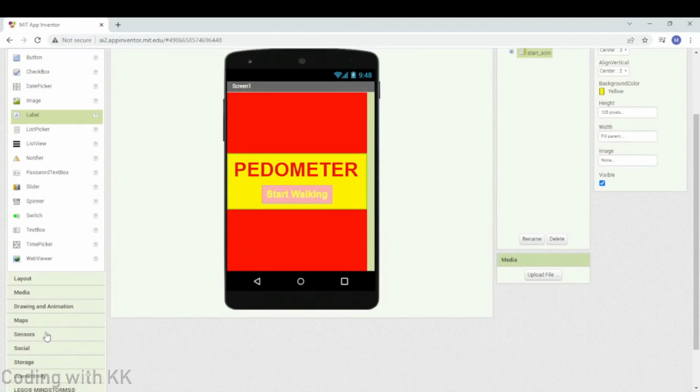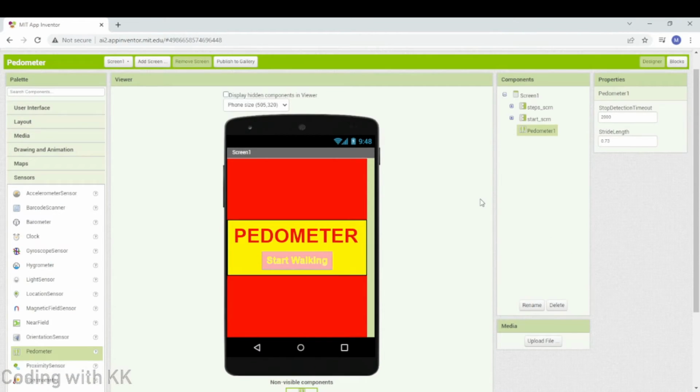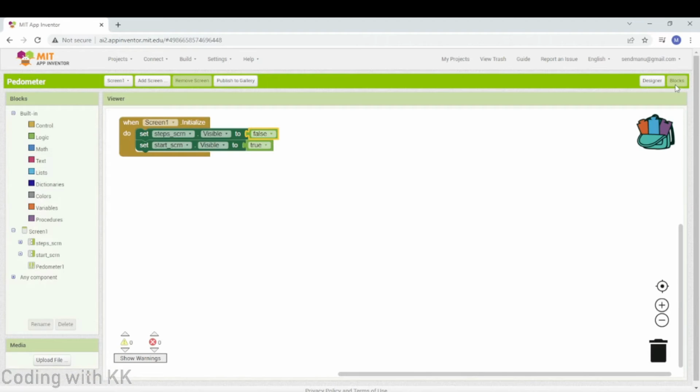I forgot to add a pedometer here. In the sensors column, there's the pedometer. Okay, the pedometer is a non-visible component. It won't be visible, but we'll do this stop detection timeout as 10,000, or we'll make it 1 lakh because it depends on the user. Okay,